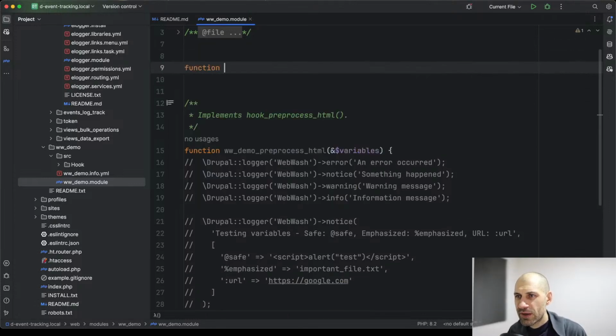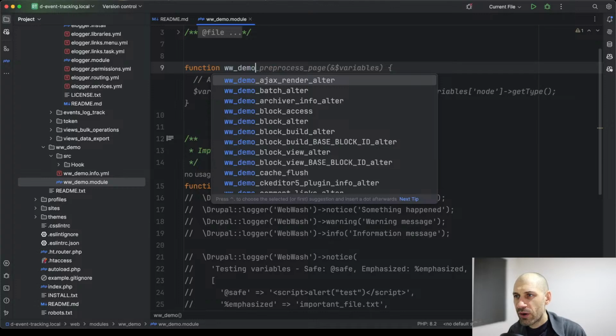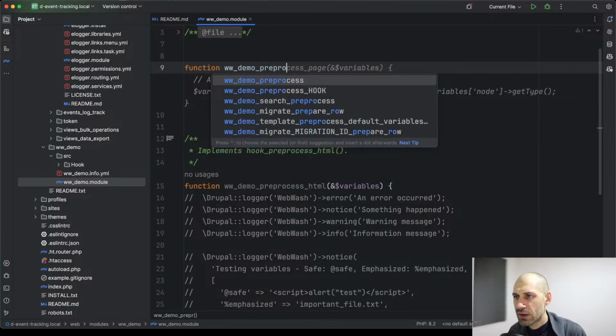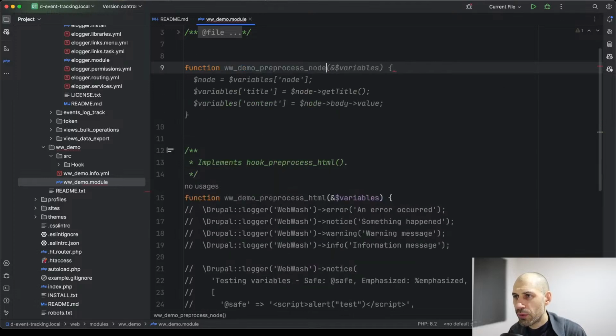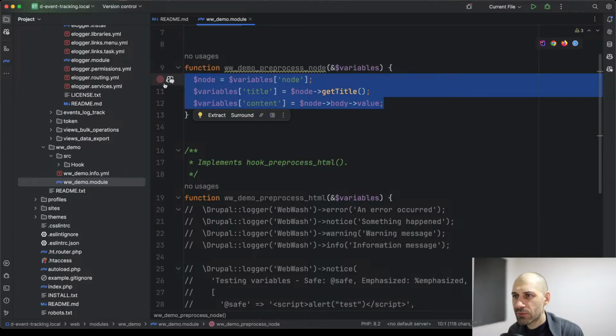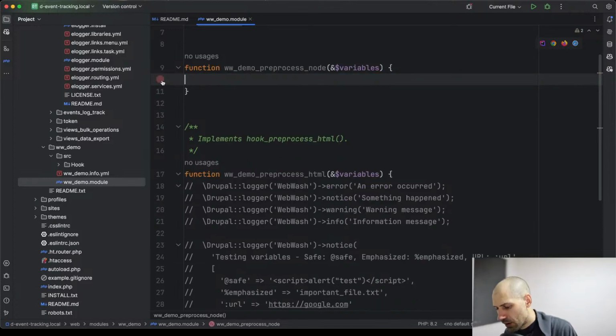And implement function, demo, no, pre-process, node. There we go. No, let's get rid of that. Cool. All right, so now we've implemented the pre-process node. And all we need to do